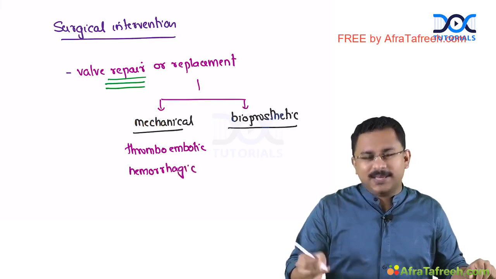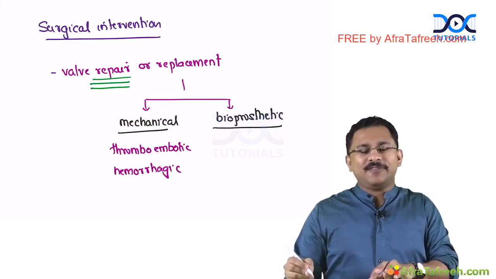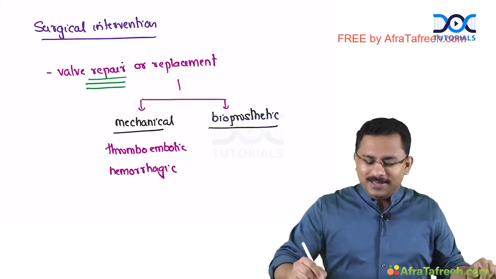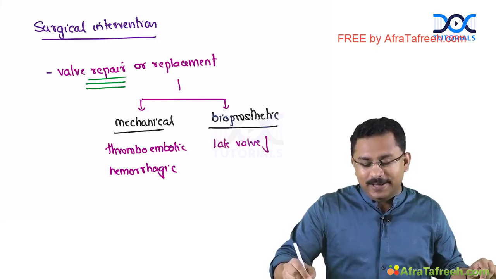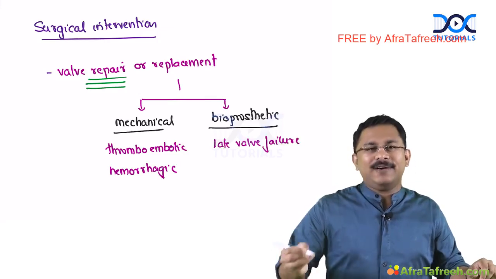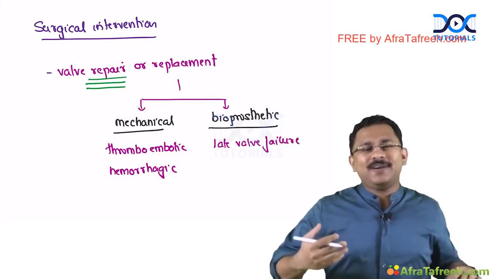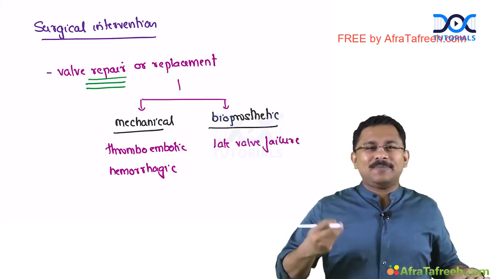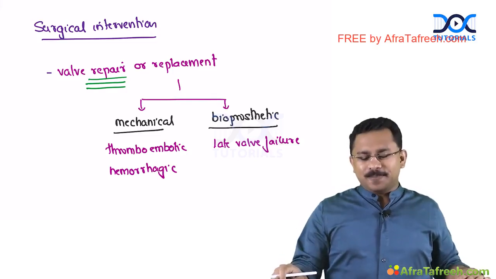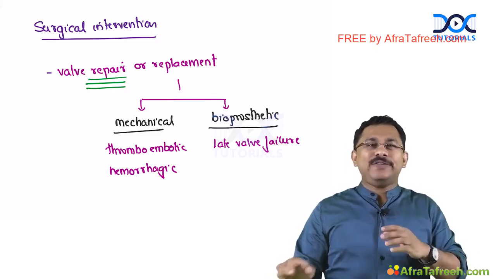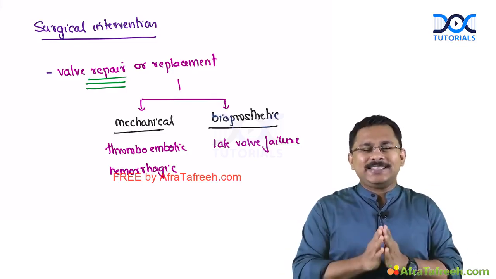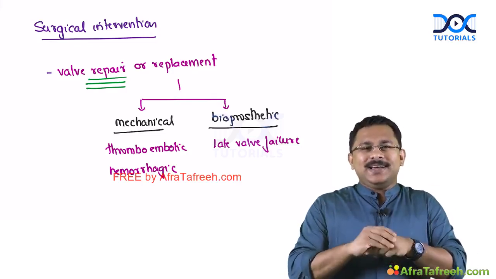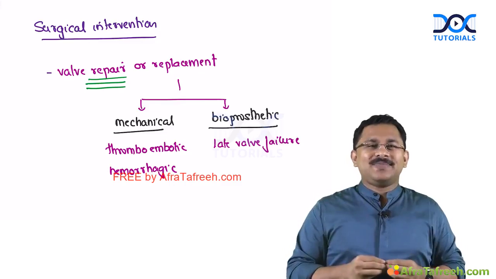Thromboembolic and hemorrhagic events. Whereas in case of a bioprosthetic valve, there are chances of late valve failure. And this often requires a repeat valve replacement. Now, another point that actually favors a valve repair over a replacement is that, in case of repair, the